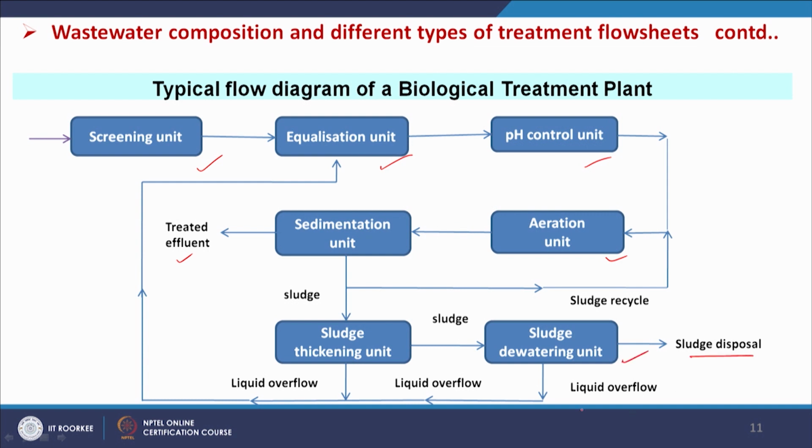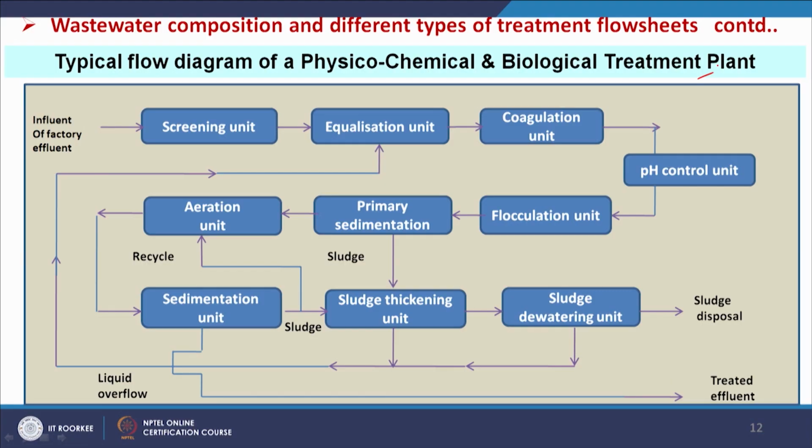So, sludge disposal and liquid will be again sent back to the equalization tank. So, this is for biological treatment plant scheme, but in most of the cases industrial wastewater and domestic wastewater contain both organic and inorganic contaminants, and in those cases a physicochemical and biological treatment scheme is implemented, as shown